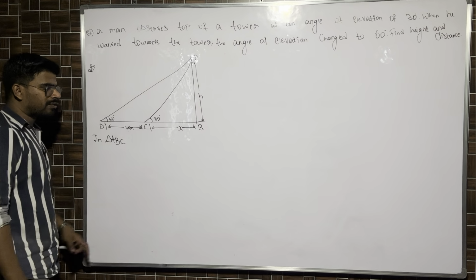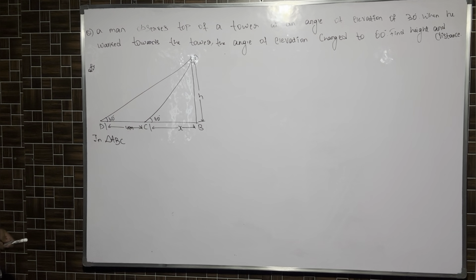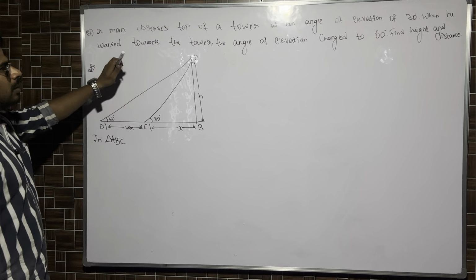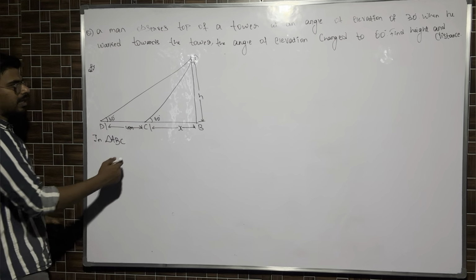Now we have to calculate the remaining distance. How much is this distance and how much is the height, that we have to calculate. In the triangle, it's a similar thing, only he walked towards the tower for 40 meters. That is what you have to note down, right? In triangle ABC,